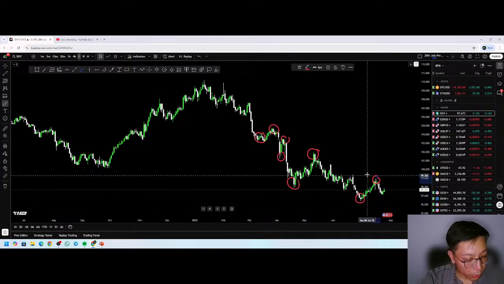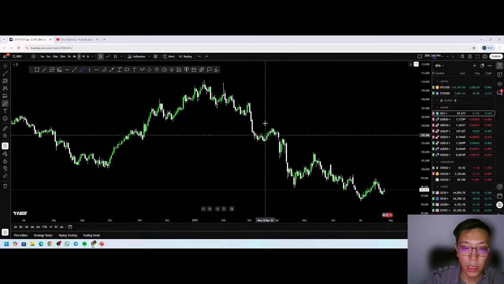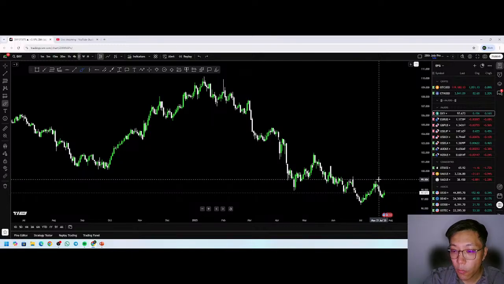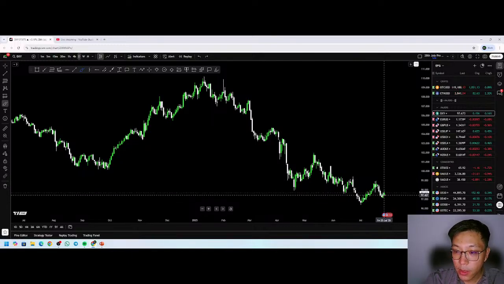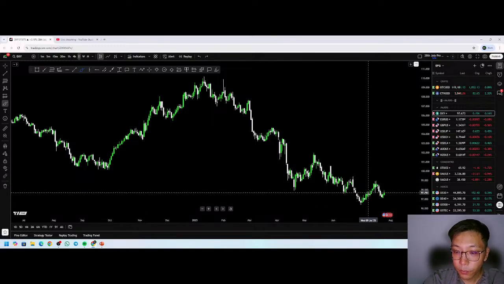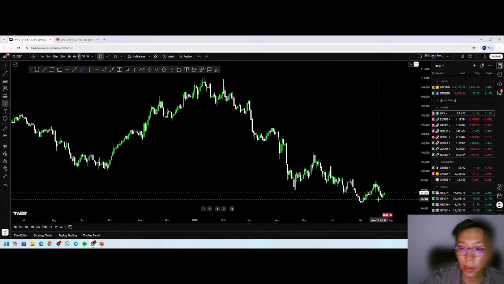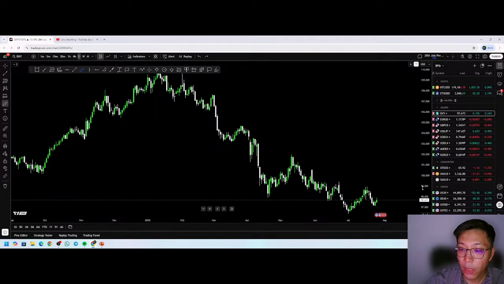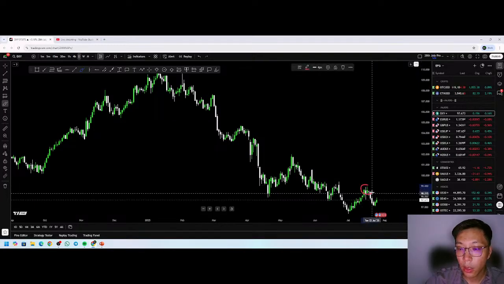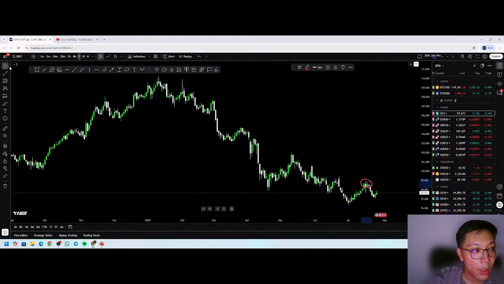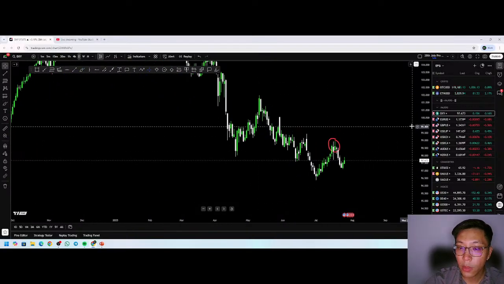So the general outlook of DXY is basically a downtrend. Because so far, as we can see right here, price created a low, but if you look at the recent price, even though price created a lower high, right now, let me zoom in a little bit so that you can see.